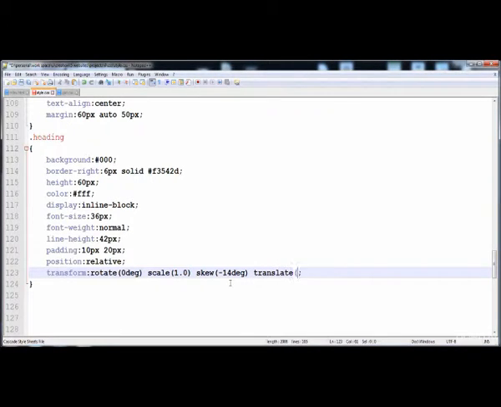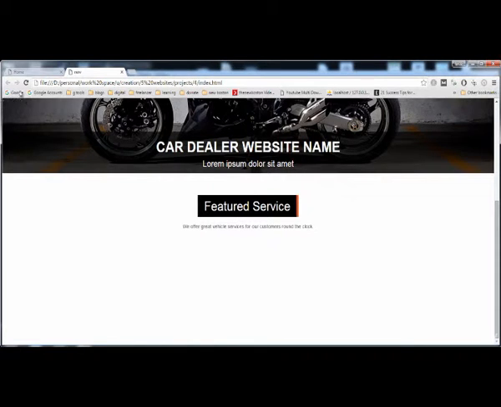So the translate will move the element in the x and y axis by the given parameter. Here we have given the 0 pixel, so it will move 0 pixel in the y axis and in the x axis. And now let's see what happened. So now it is tilted, and now here you see that